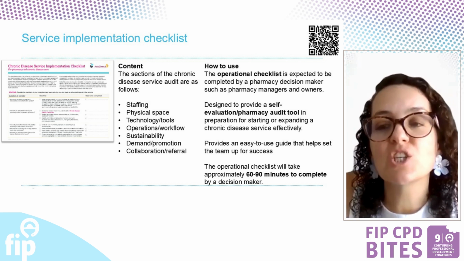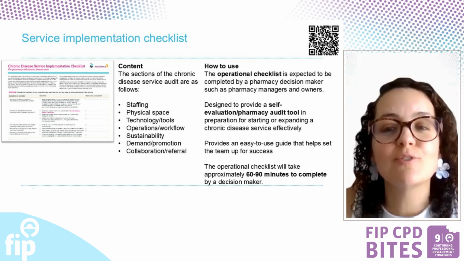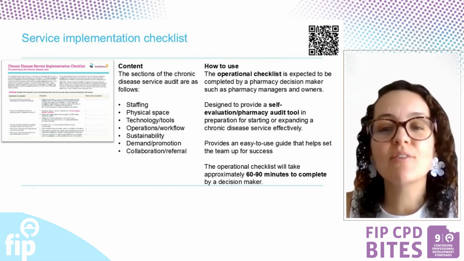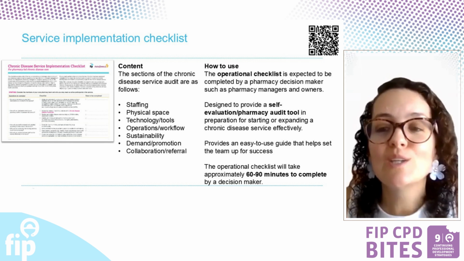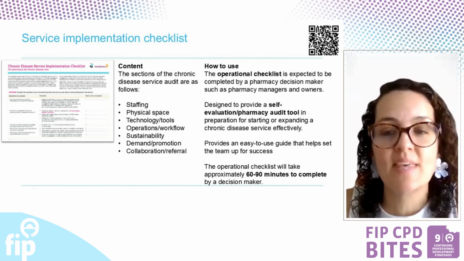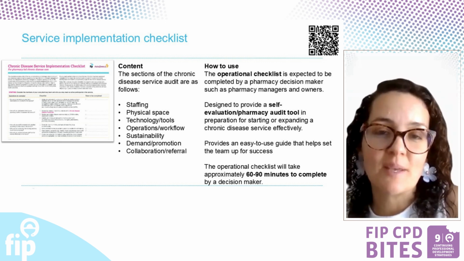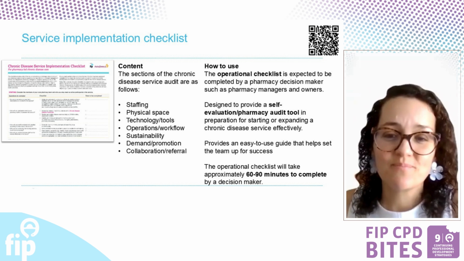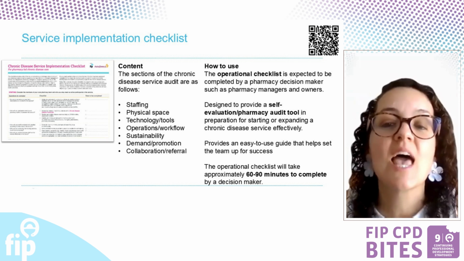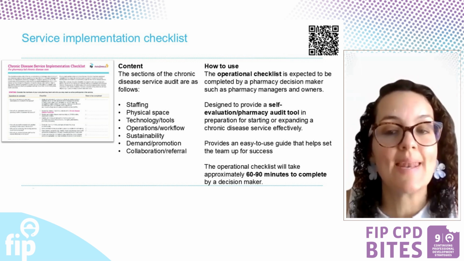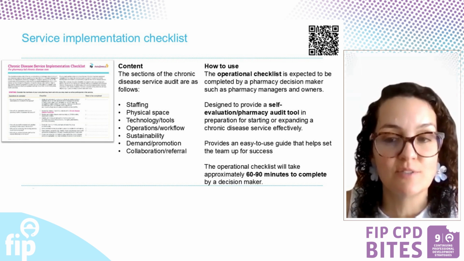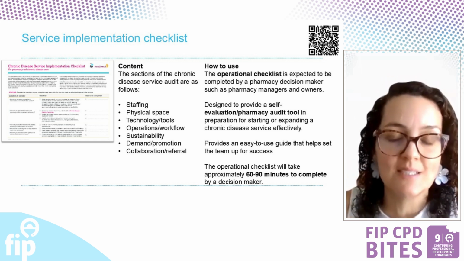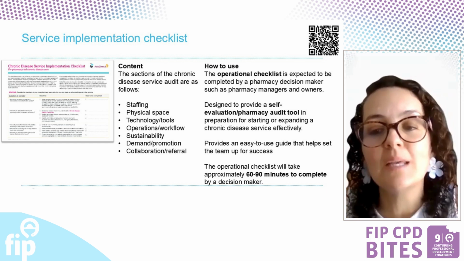The Service Implementation Checklist is an operational tool designed for pharmacy decision makers such as managers and owners. It serves as a self-evaluation or audit tool to help prepare for starting or expanding chronic disease services effectively, offering a straightforward guide to set your team up for success. The checklist outlines key considerations and strategic steps to review when planning pharmacy-led chronic disease management services. It is not exhaustive but provides a practical and easy-to-use guide to help your team offer sustainable and impactful